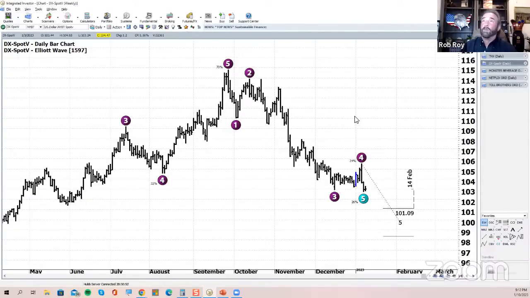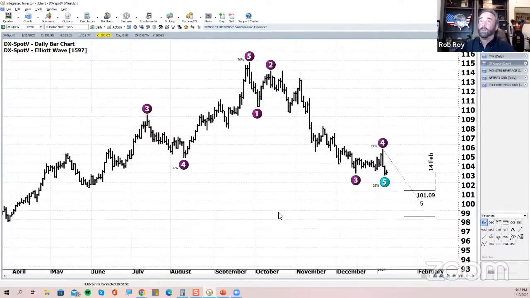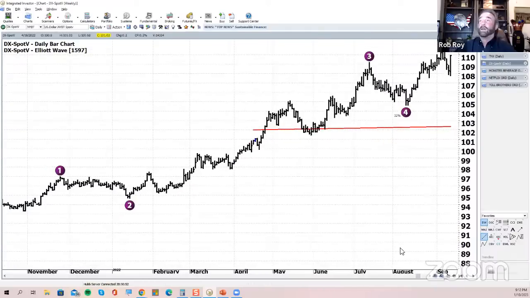Now, this is good. Remember, I've talked about this, just to remind everybody. I'm a fan of a strong dollar, but not as strong as the dollar got, because that was not conducive to good profits from international companies with the exchange rate conversion. And then we look here, and the dollar has come down nicely. And as long as we stay above, my concern would be if we were to break below this area. And you might be thinking, well, why would that be a concern? Well,